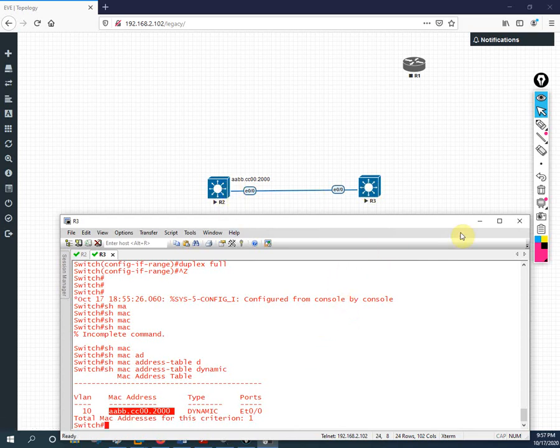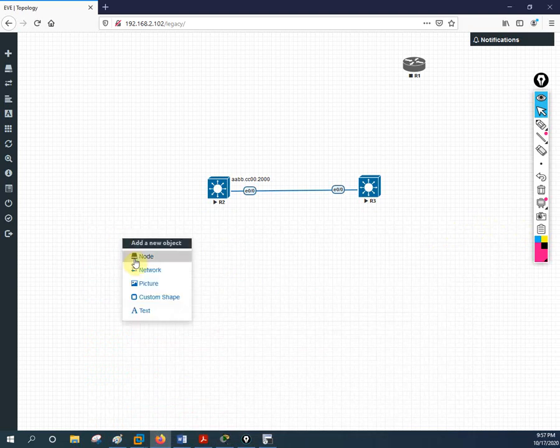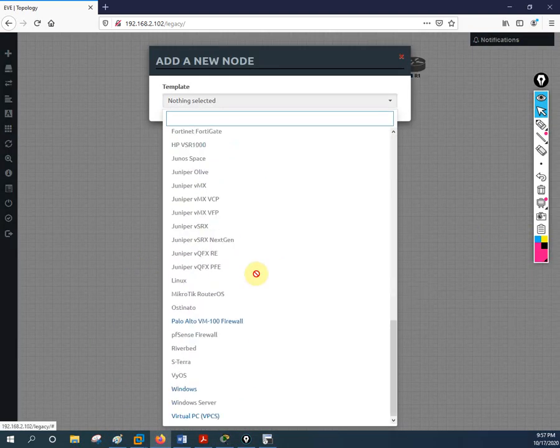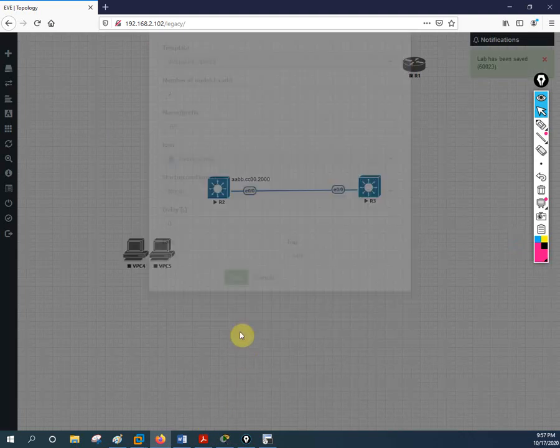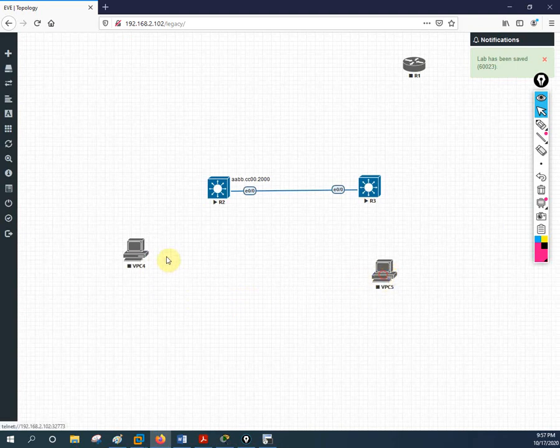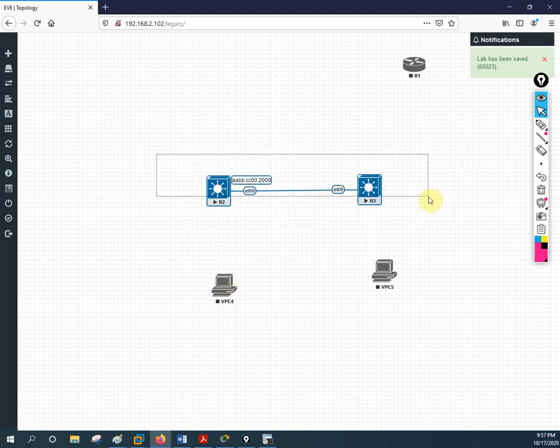Okay, so when we connect a PC, for example, let me take any PC. If I want to take Windows, or let me take the virtual PC, so let me take the quantity 2. Okay, this is quantity 2. I will take this PC and connect it from here to here. This one we need to switch off, and then only we can connect. Whenever we want to connect in the